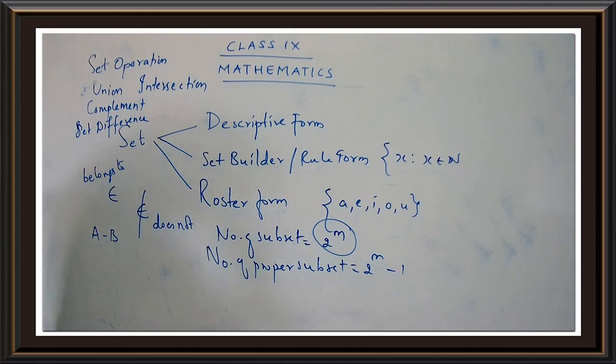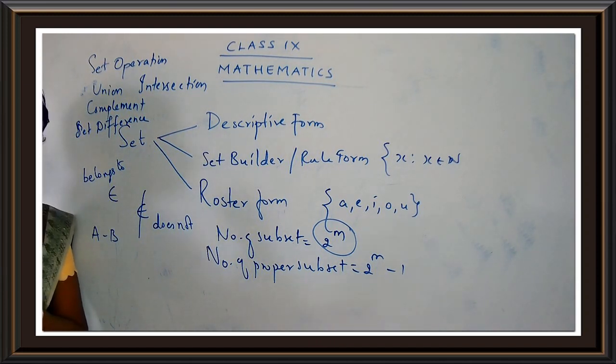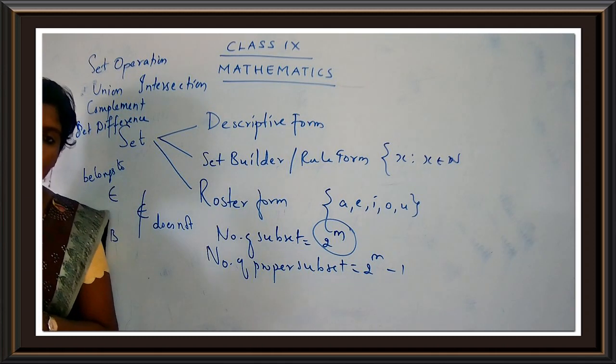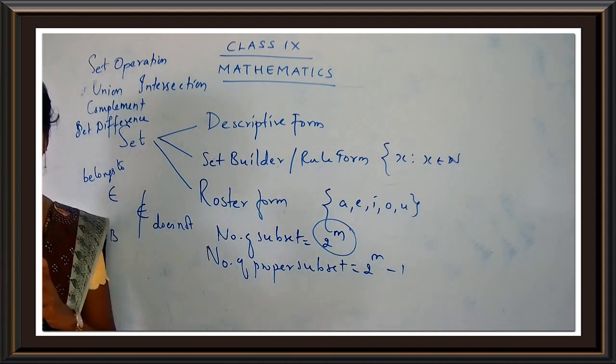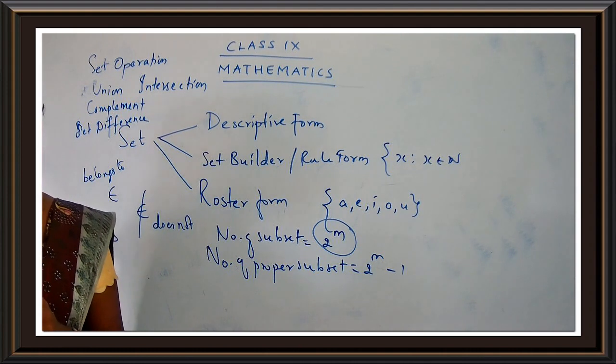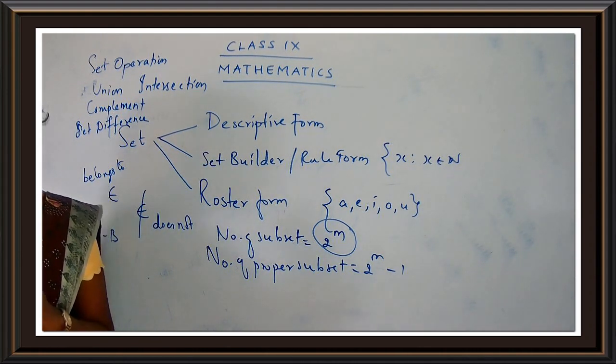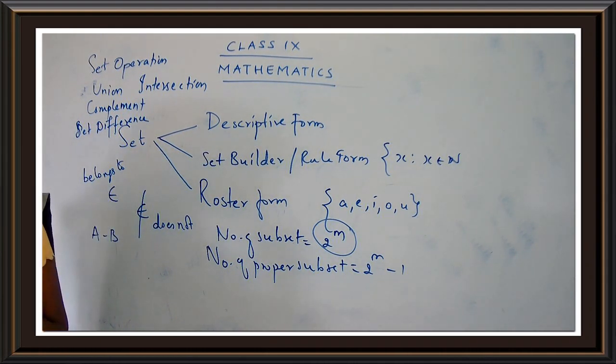Okay, then exercise 1.6. We dealt with exercise 1.6, which dealt with the application on cardinality of sets. That is, we tried to solve some of the sums using Venn diagram. It's like application on cardinality, the number of elements in a particular set. And exercise 1.7 dealt with the multiple choice questions, and I have told you to complete the multiple choice questions. Yes, children, I hope everything is done from our lesson 1.